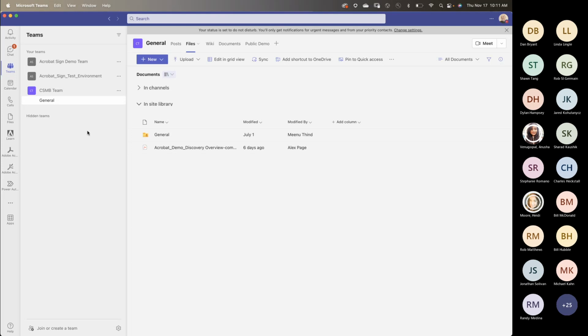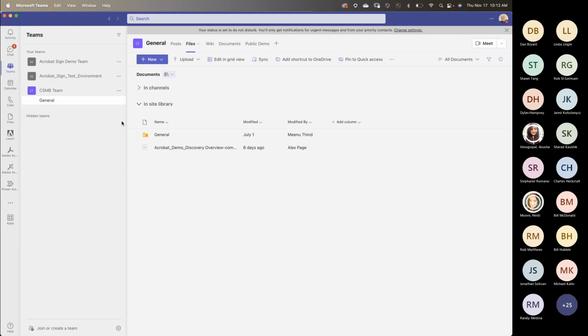Adobe PDFs are also ubiquitous, so it only makes sense that Acrobat and Teams should integrate to keep your business moving forward with all team members involved in real time, in an application that they're already familiar with. So in this case, in Microsoft Teams. Okay, before we get to my PDF, I want to talk a little bit about the Acrobat integration with Microsoft